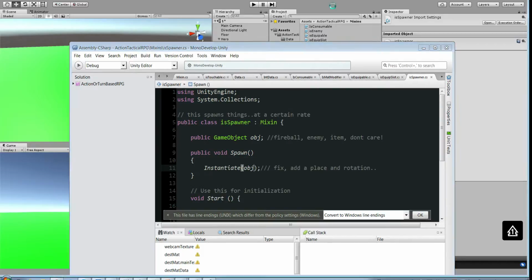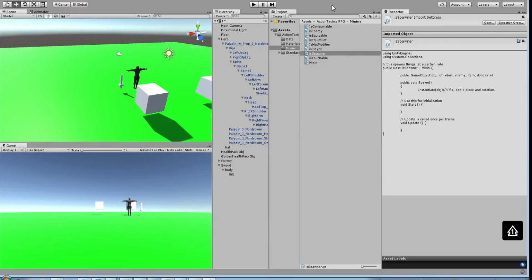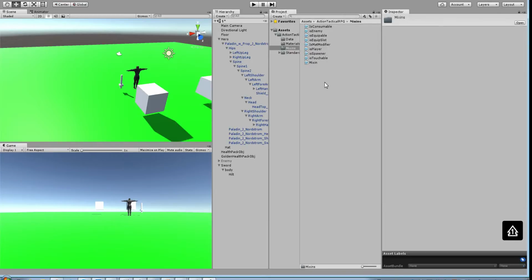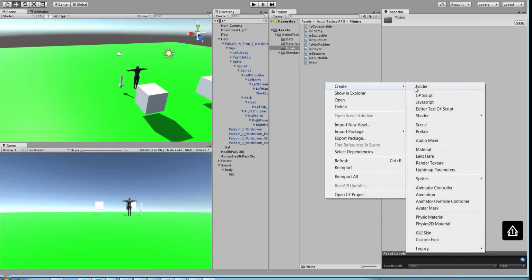We're going to need a spawner. In the specific case of our enchanted weapon, what are we going to spawn? A fireball or a lightning bolt or something, some kind of projectile, right? Yep. So that game object